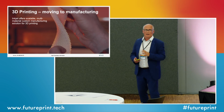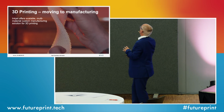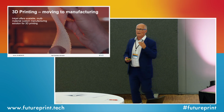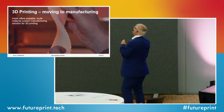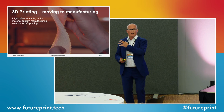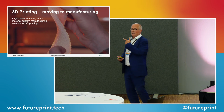3D printing is itself a sustainable process, an additive process with no waste. However, one of the challenges 3D printing has is moving into manufacturing, so that it has more of an impact than today, where it is generally just printing prototypes. It also needs to print multiple materials. Inkjet has largely solved some of these problems. It's a scalable process, and we can print multiple materials. And that is being adopted